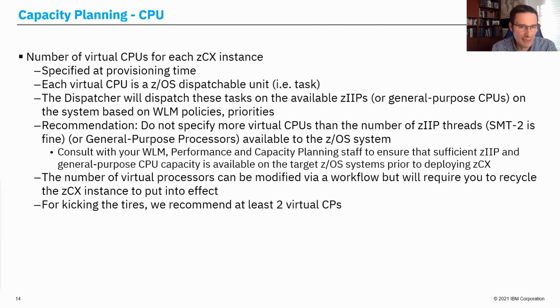Okay, let's talk about CPU in particular. So I'm going to specify a number of CPUs for each instance. And the number of CPUs that I specify at provisioning time is going to translate again into the number of threads in that particular zCX. And the dispatcher is going to dispatch those tasks on whatever zIIPs are available. If you have honor priority enabled for your workload manager, which we'll talk about in just a moment, it could also dispatch them onto general purpose